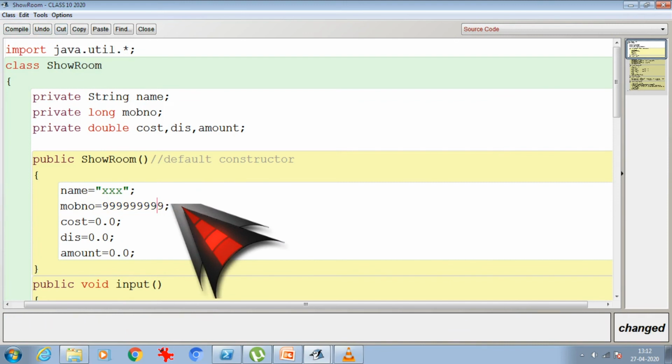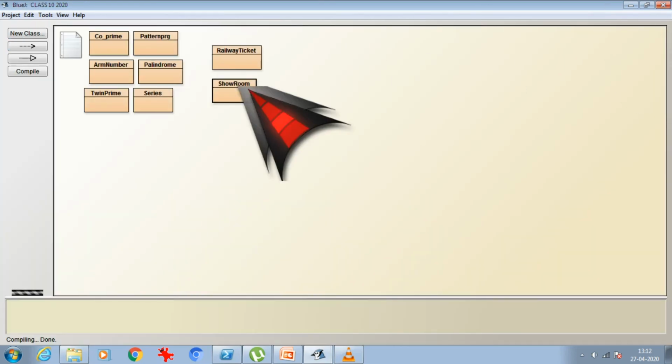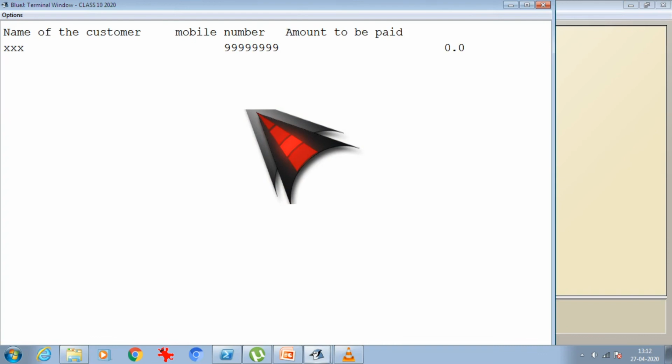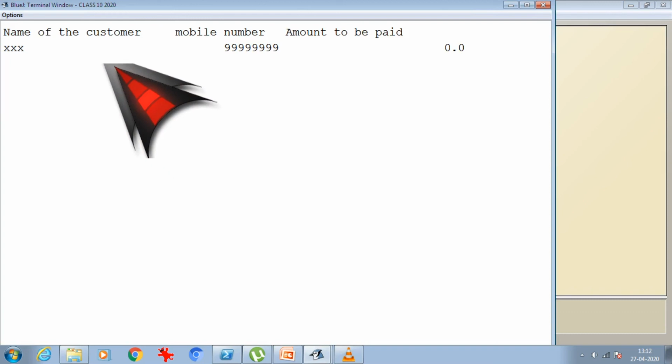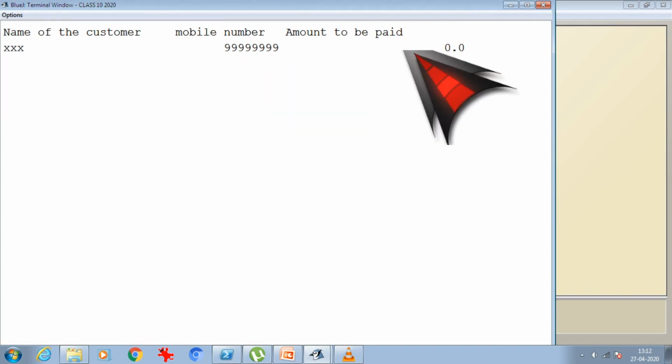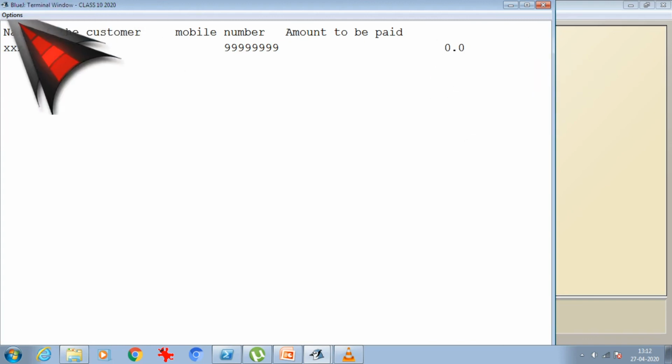So the number is too large. Okay, now crossing it. See, I have not accepted anything because my input method is commented out. So on the basis of default constructor values, it is showing me the result.